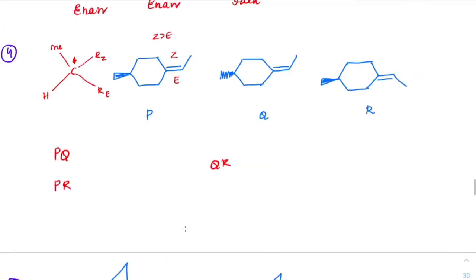So P and Q are definitely enantiomers. Q and R, are they enantiomers or identical? Check now. They are identical, because the minute you take this out and rotate it by 180 degrees, you will get the same molecule. Q and R are same, with respect to this axis rotated by 180 degrees. So this double bond will come this side. The one which is coming out will go inside. So these are identical, right? Now P and R will become enantiomers. Very good.